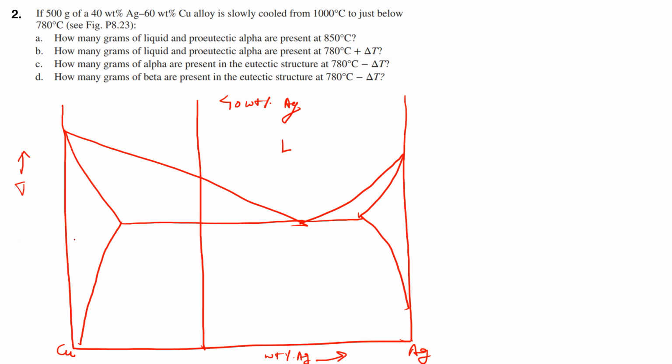This is solid silver, alpha plus liquid, beta plus liquid, and alpha plus beta in this phase right here. Okay. So we have been asked how many grams of liquid and pro-eutectic alpha are present at 850 degrees centigrade. So this is 780 degrees centigrade, by the way. Eutectic temperature. Okay, and at 850 degrees centigrade will be